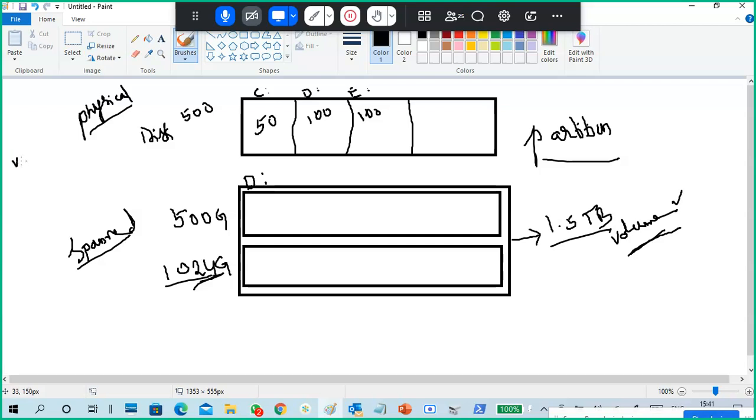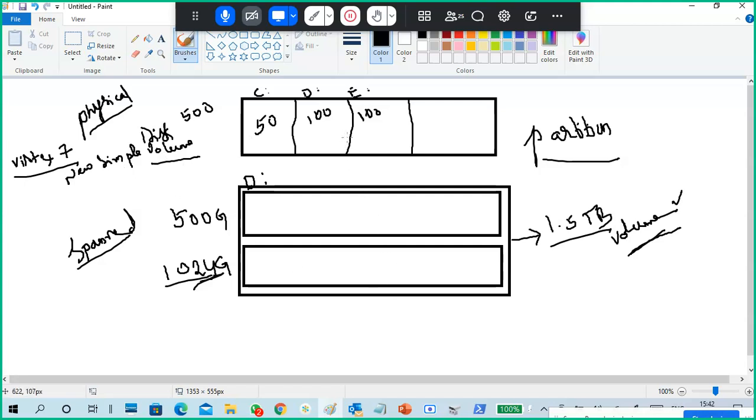This is called volumes. In the concept from Windows Vista onwards, the names are changed. Windows Vista, exactly, say 7. So this partition we call a new simple volume. A simple volume means you are creating a partition. The next level is spanned volume, then striped volume, mirror, and RAID volumes are also there. But here remember, volume means partition. So the earlier partition we are calling a simple volume.